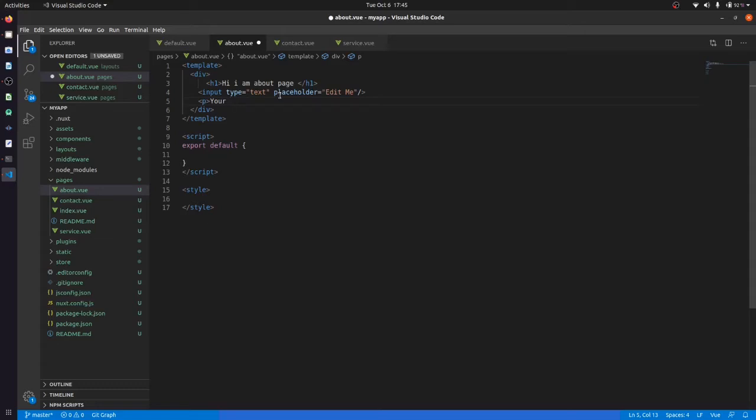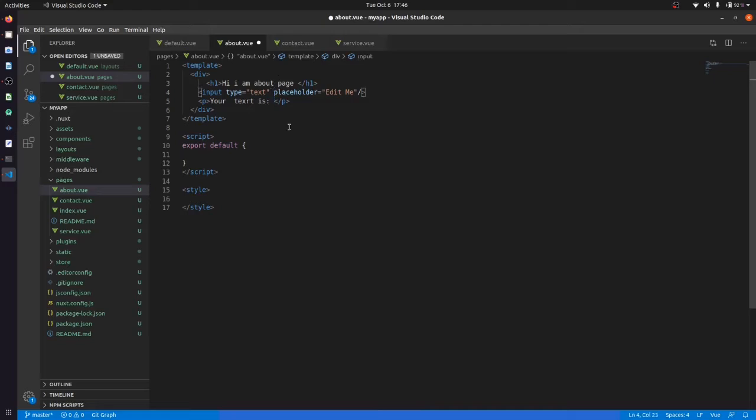So your text is... okay, and now let me close this tag. How can we get this data into our data here? We have something called model. Model is also present in Angular, so it's also present here.